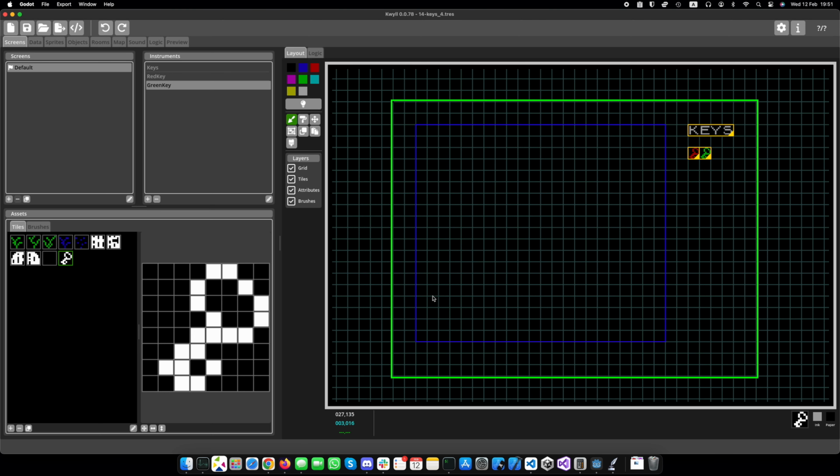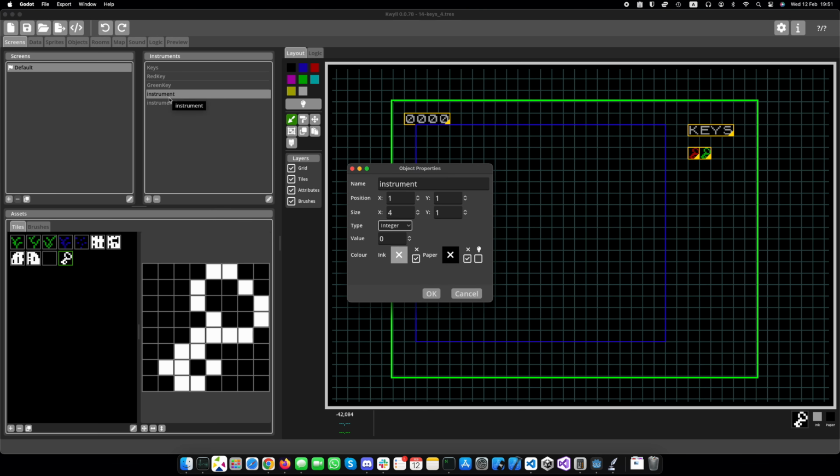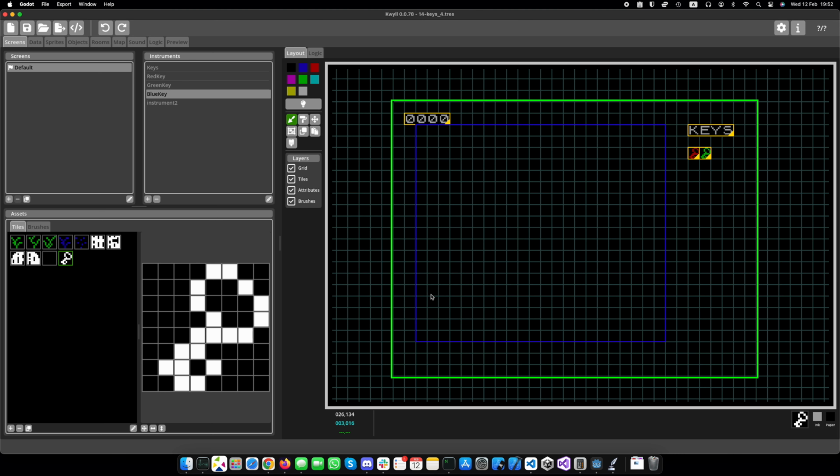So if we repeat this for the last two, the blue and the gold key, then we have four simple instruments that just turn on or off depending on whether we have that particular key or not. It's always going to be type 10, and we just change the colour to blue. And then finally for the last one,